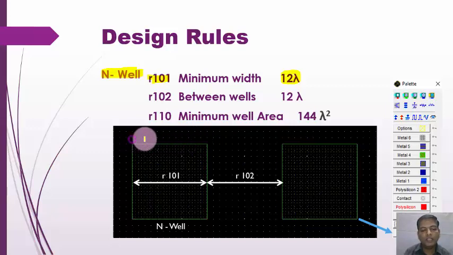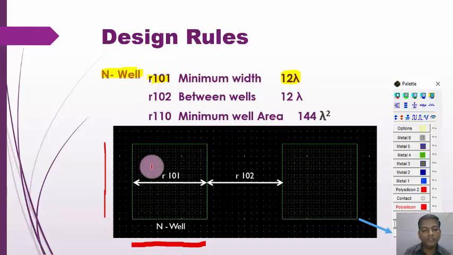So from here to here, the distance should be a total of 12 lambda. Okay, so here to here we have taken the 12 lambda distance from both sides.